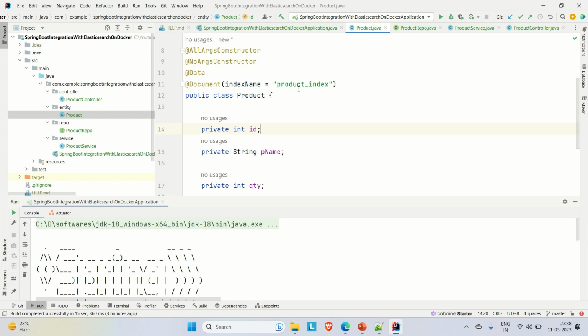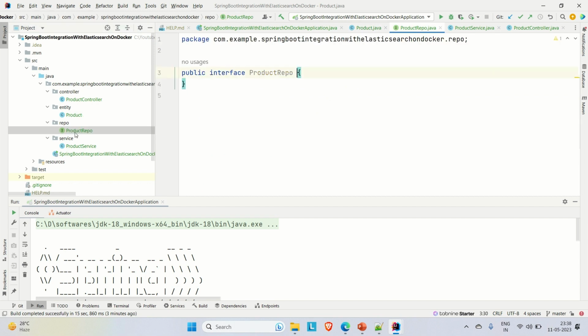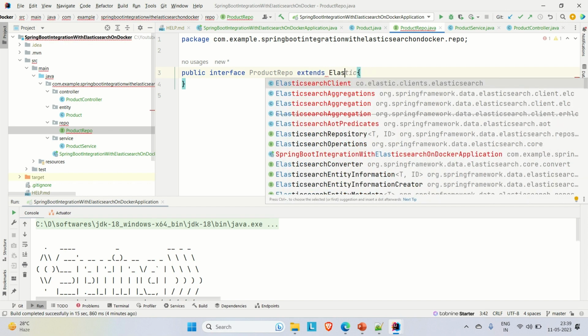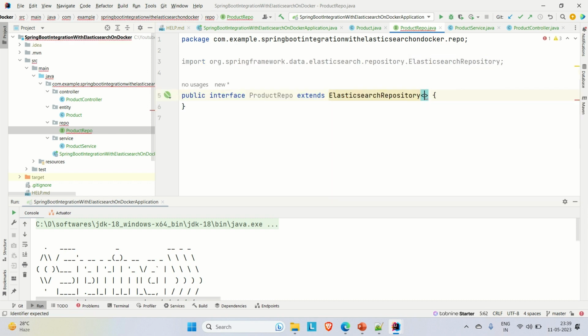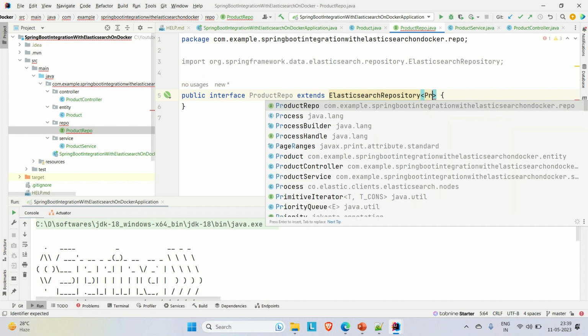Now we are good with the creation of the entity class. Now let me go to the product repository, and this product repository interface should be extending the Elasticsearch repository. So extend ElasticsearchRepository, and here we need to pass two arguments. One of these arguments is the entity name, which is Product,